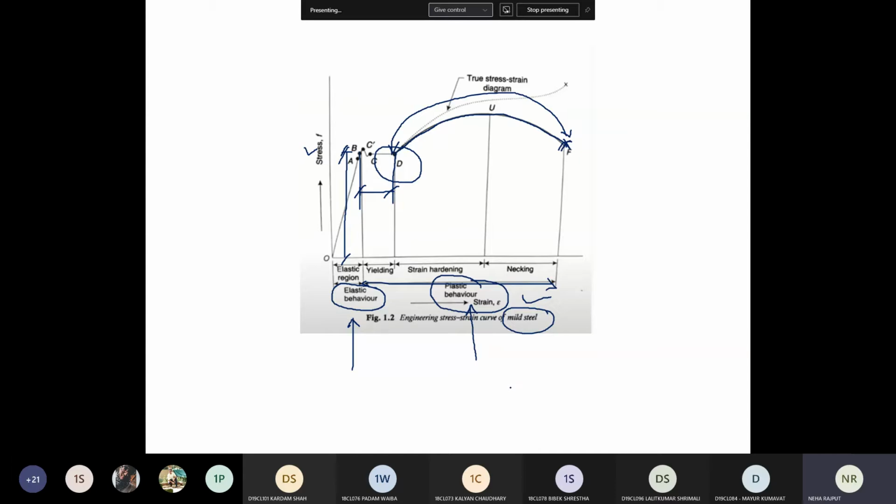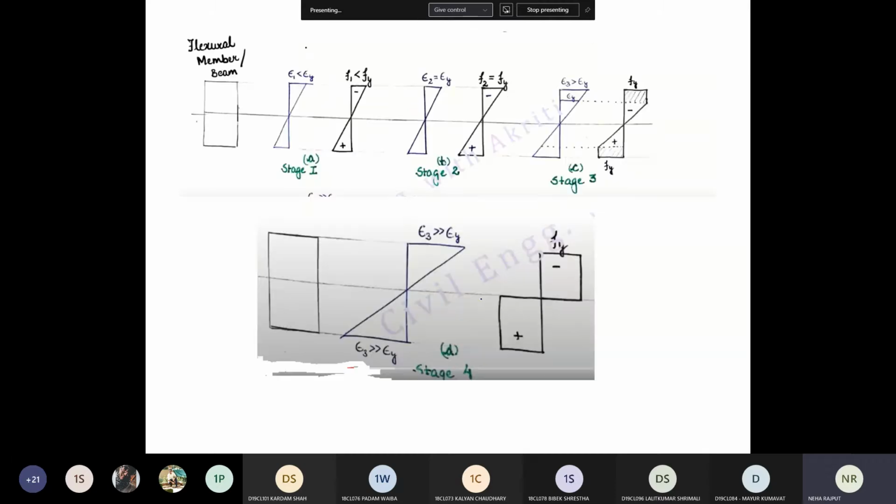Right. So our steel design is based on whether you are designing your section for plastic or for elastic, right? Plastic design will give the safer design, secure design and strength design, whereas elastic behavior will not give the safer design, right? So it depends on this stress strain curve.